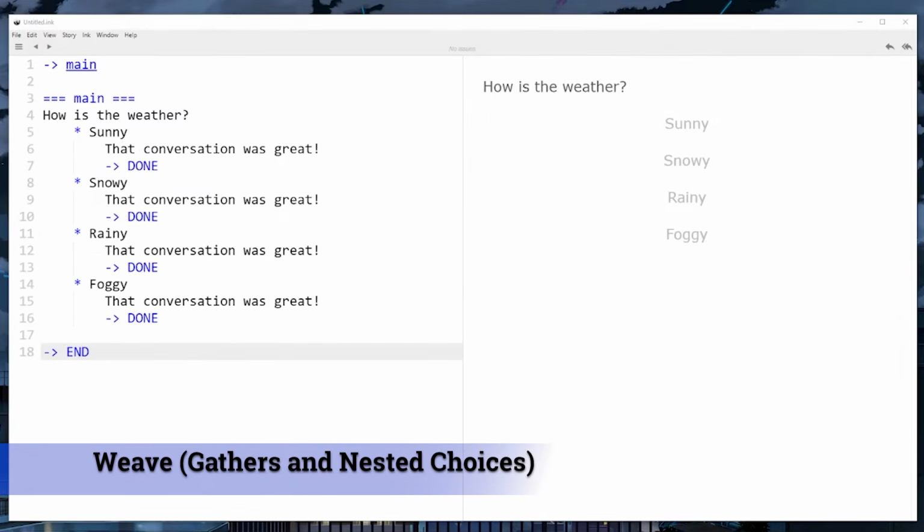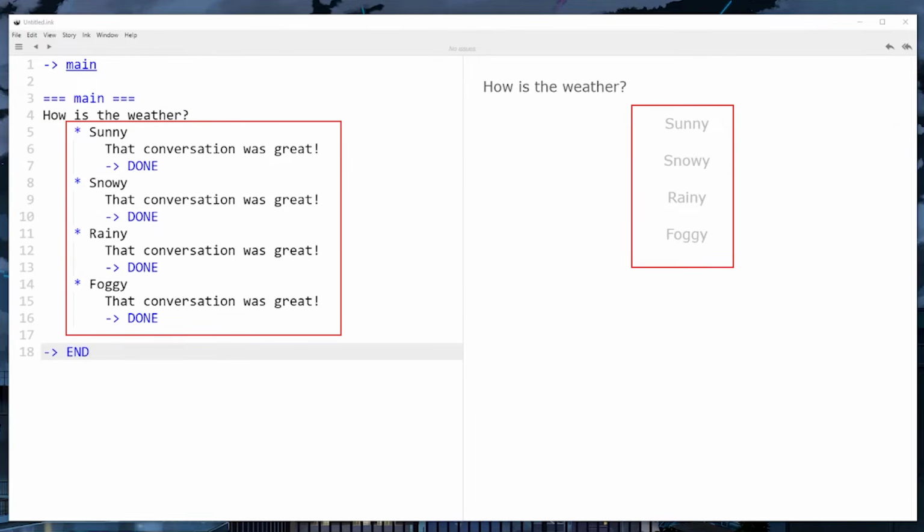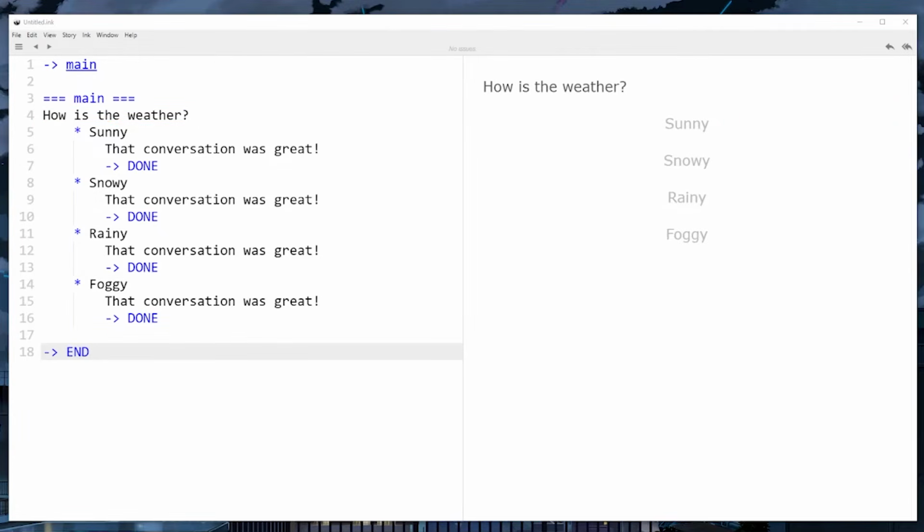Ink also has some more intermediate level syntax for writing stories that have an always forward direction, which most stories do. This syntax is called weave, and it introduces two new concepts: gathers and nested choices. In this example, we're asking a question followed by 4 choices. Once something has been chosen, we're printing out some text and then using the done marker to bring an end